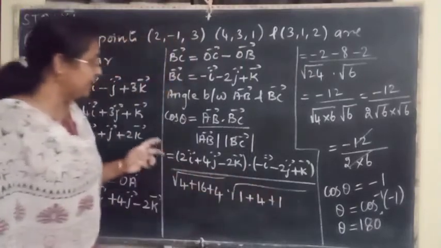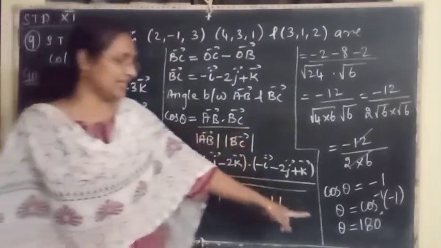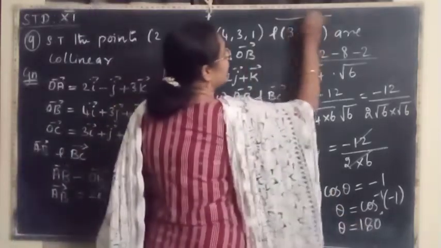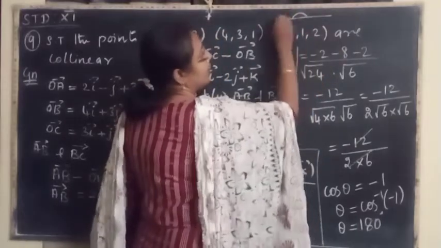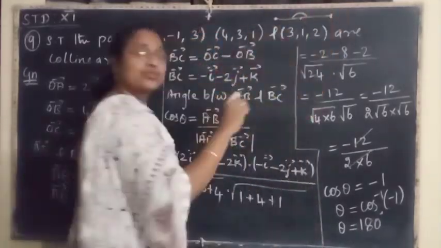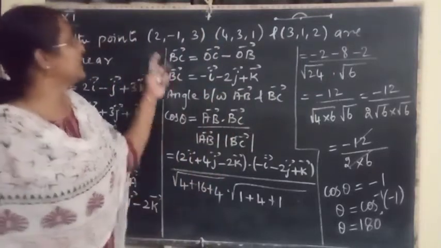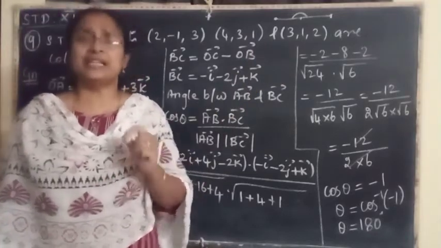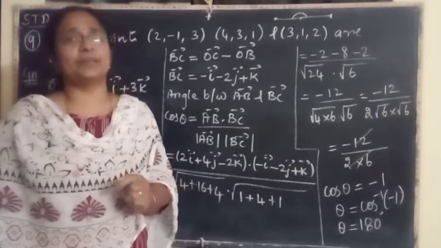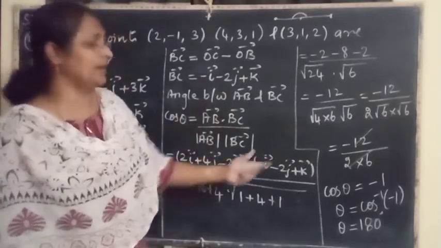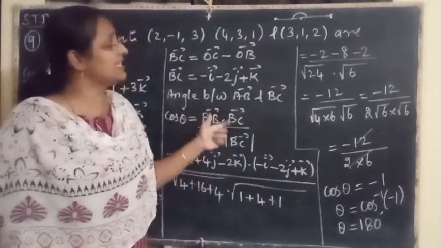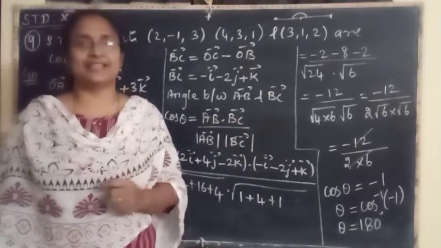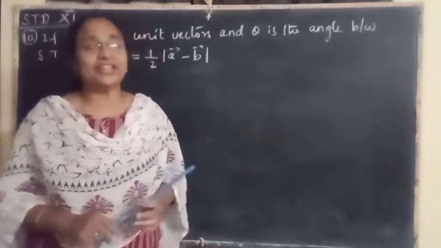Now look into this. The angle between these two vectors, AB vector and BC vector, is 180 degree. As we discussed already, 180 degree means it is a straight line. So all the 3 points are lying on the same straight line, so we can say that these 3 given points are collinear points. Is it clear, students? It's very simple. So listen to the class properly, work out the problem, and you will get the answer correctly. If you get any creative sum out of this model also, you should be able to find the answer for this. Okay, students, shall we continue with the next sum now?